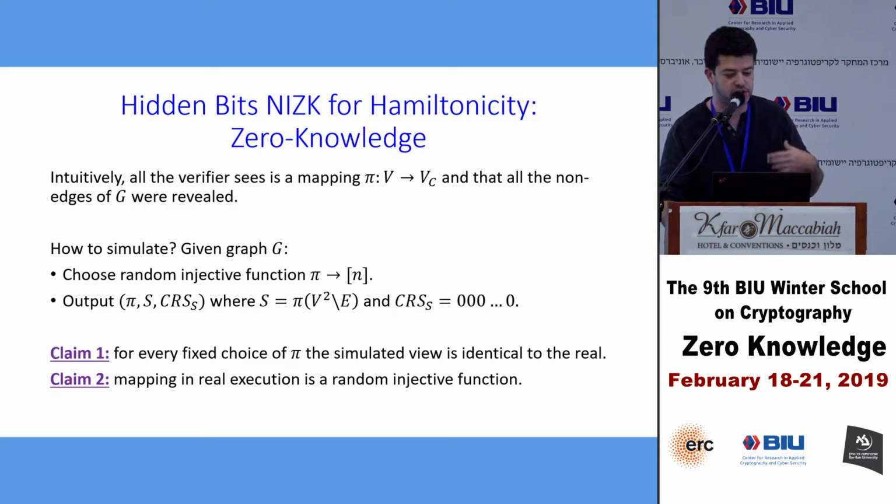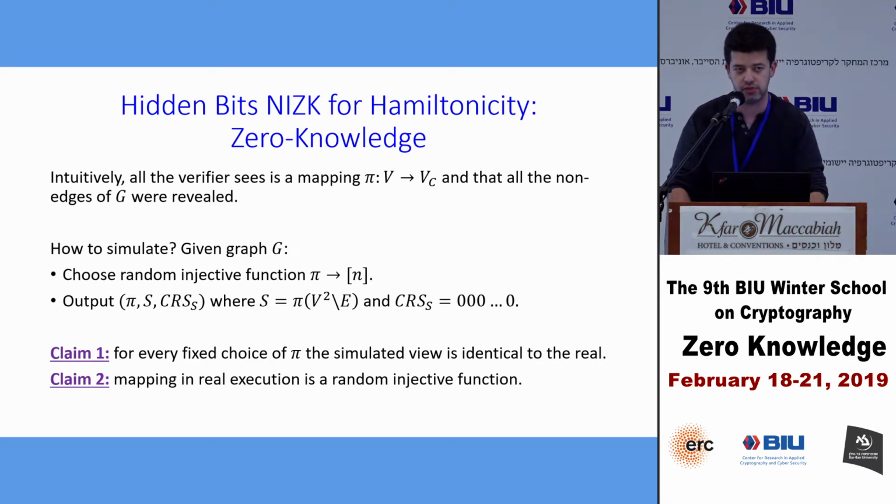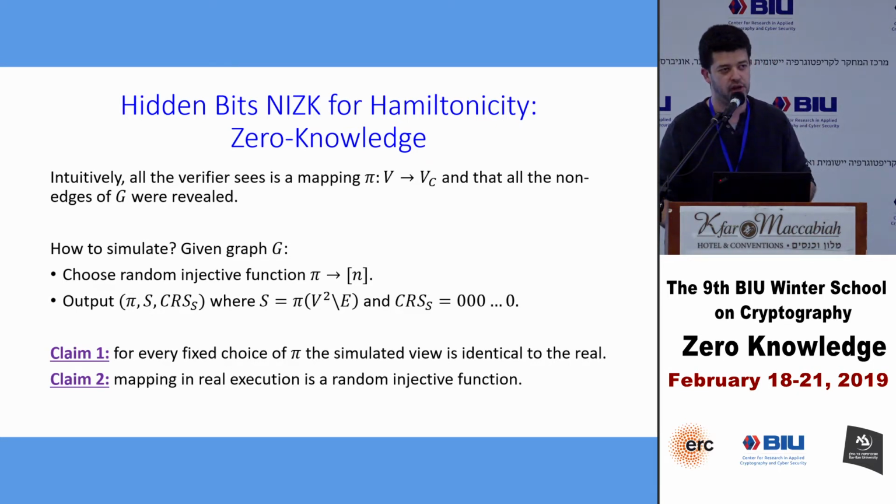In the simulation, it's just a random injective function. In the actual claim, it's the function that you get by taking a random cycle graph and looking at the injective function that maps you from the cycle in G to the cycle in the random graph. And you need to argue that this generates the same distribution. It's relatively easy, so I won't do that here. Okay, but combining these two claims together, you get that the output of the simulator is identical to that of a real interaction.